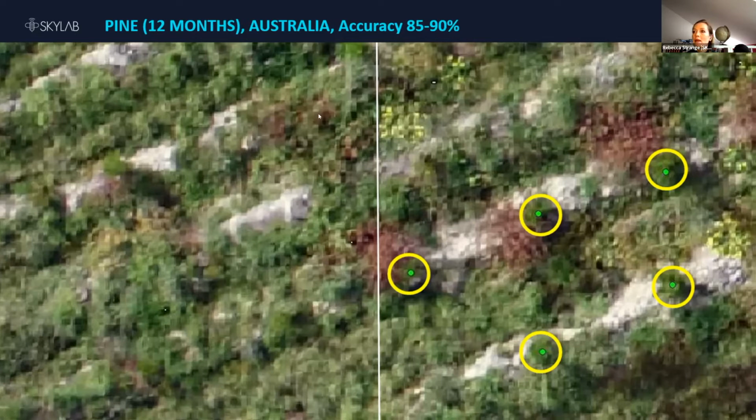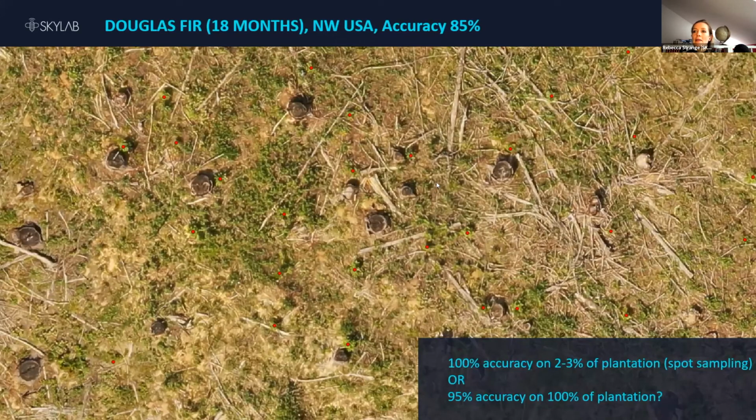And again, a slightly similar one is this, because the seedlings are really quite small and the color is so similar to the vegetation in which it sits. And in this case as well, this is the Northwest USA. There's a completely random planting pattern, so you have no indication as to whether it's supposed to be a seedling or not.